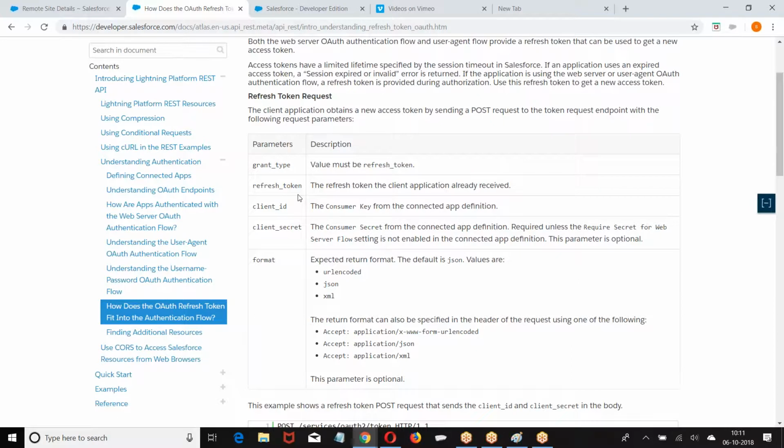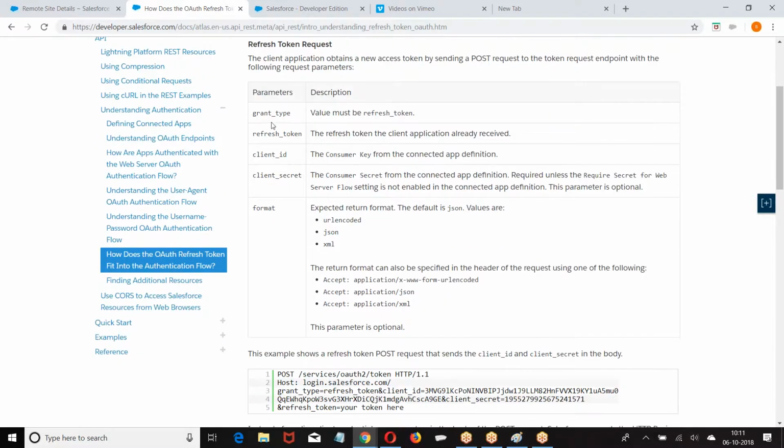Now I made a request to the third party, you give me an access token. With this access token, I am making a request to the resource. While the communication is happening, the communication requires 50 seconds, but I gave the timeout as 30 seconds. Then after 30 seconds, this access token will expire. But my session requires 50 seconds to complete the transaction. Then what will I do? I will make a refresh token request, take a fresh access token, and continue the operation. So we can pass the refresh token and get a fresh access token.